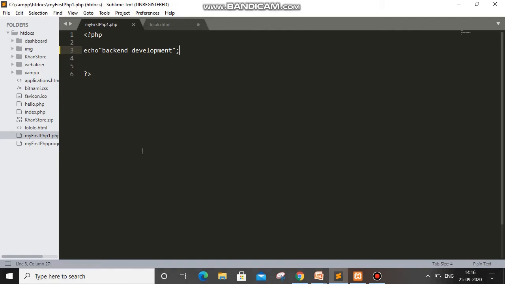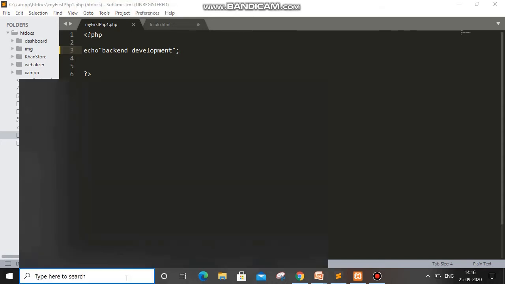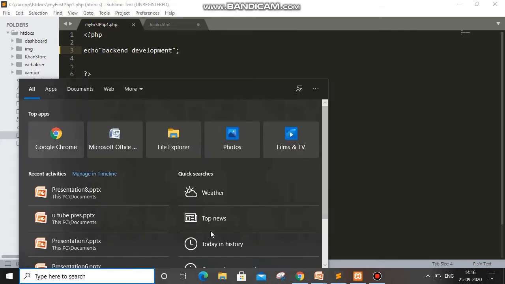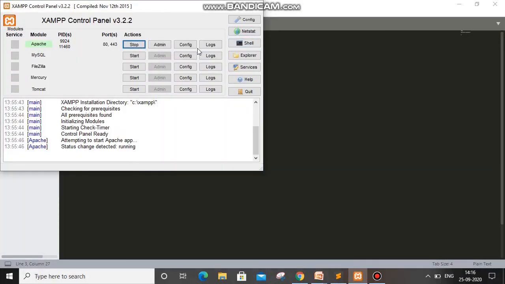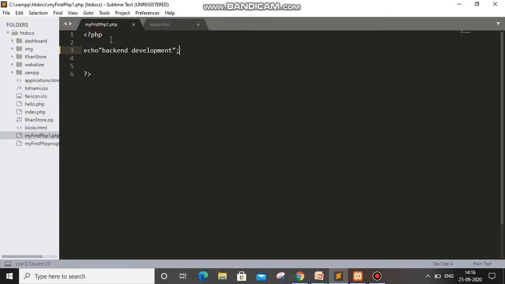For executing this, you all know that we have to open a XAMPP server and all those things. I have already opened my XAMPP, you can see here, and you have to click on the start button. Also we have to make this folder inside the htdocs folder. Inside the XAMPP we have to click on htdocs, and this file should be present over there.